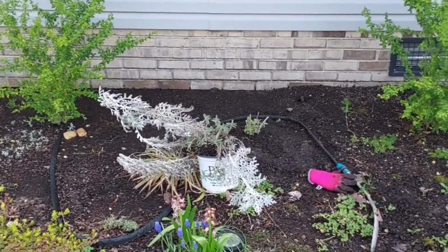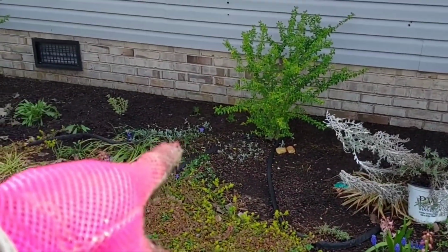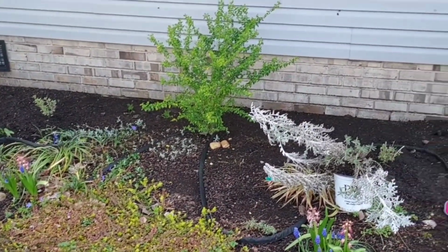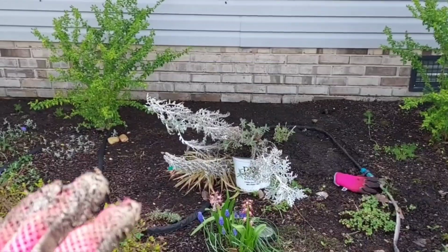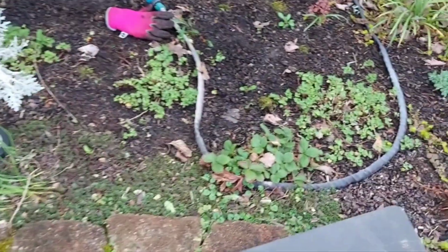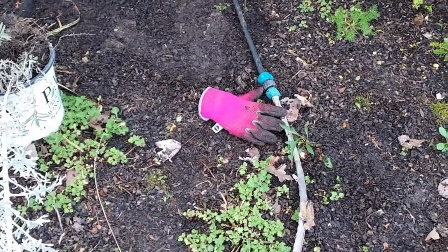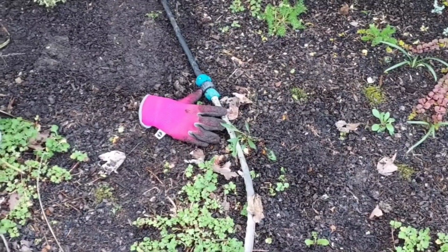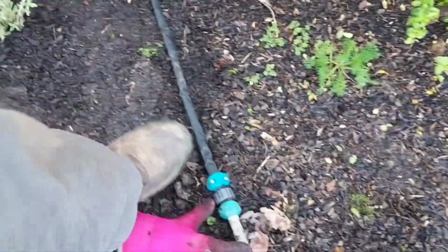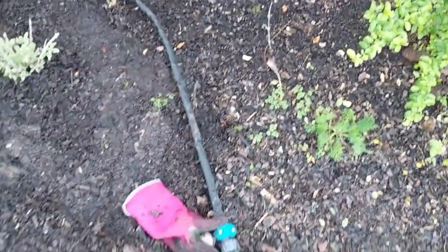Well, it's on both sides over here because it's on that side, but then it's over here and it's kind of coming in. So yeah, it's not exactly going to be the same, but I want to keep it to the outside though. So maybe I could push it back a little. What you think? I feel like even if I push it back, that's mud that I just dug up. If I push it back about there,